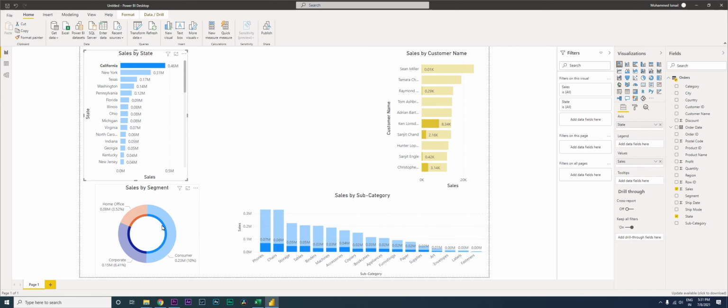Now let's tweak this report a little bit, because for example, in California there is no spend, this customer has not spent any amount in California, right? So I don't want to see that. Now let's go to the format tab, click on edit interactions, and when you click here on the state, there are 3 options that you get here. One is there is none. So what happens when you click on none?